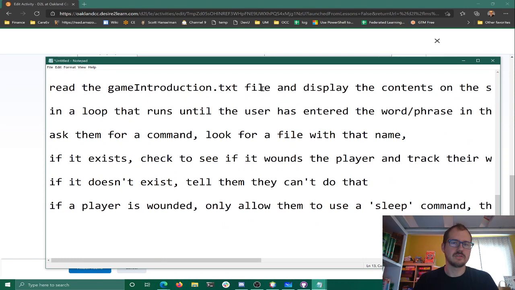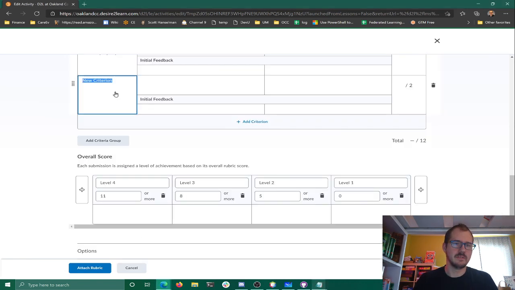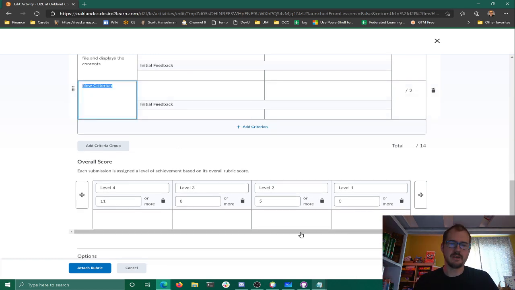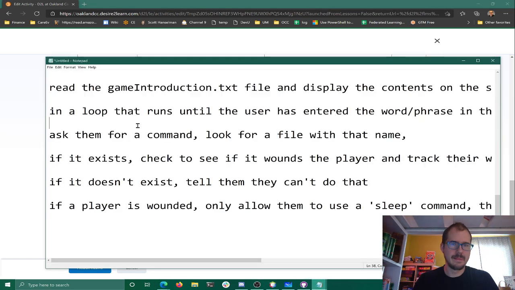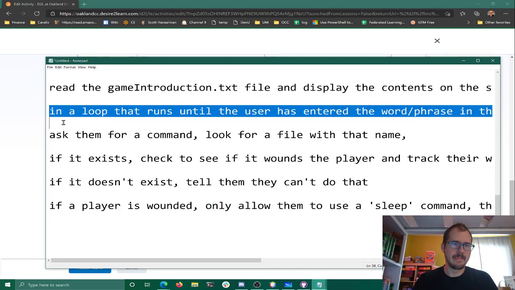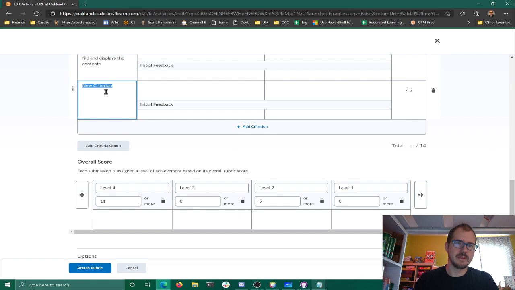So play mode reads the game introduction file and displays the contents. That's like starting off. Here's the start of the story, right? So play mode